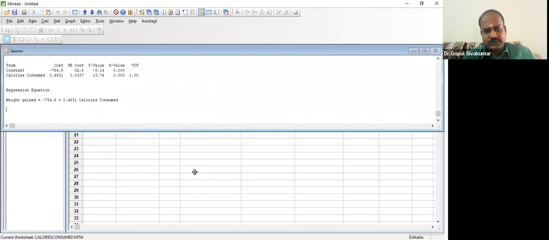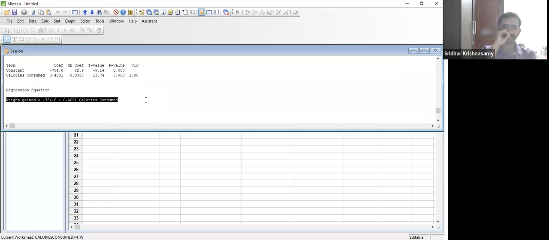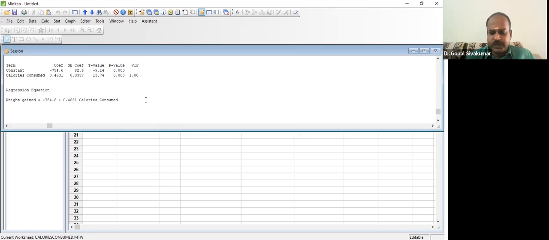Now the regression equation is generated. All of you are able to see the regression equation here. Weight gain equals minus 754.6 plus 0.4631 into calories consumed. And now here you can compare this equation against